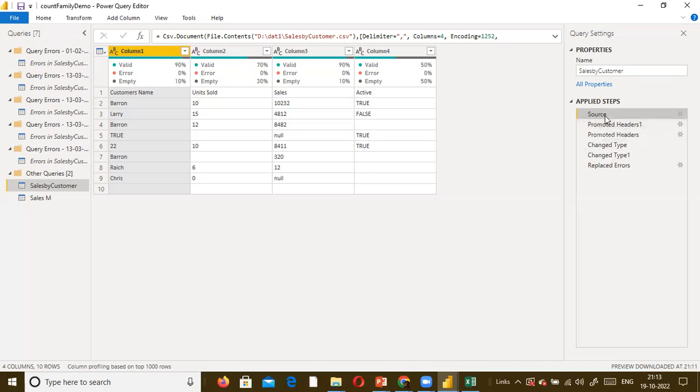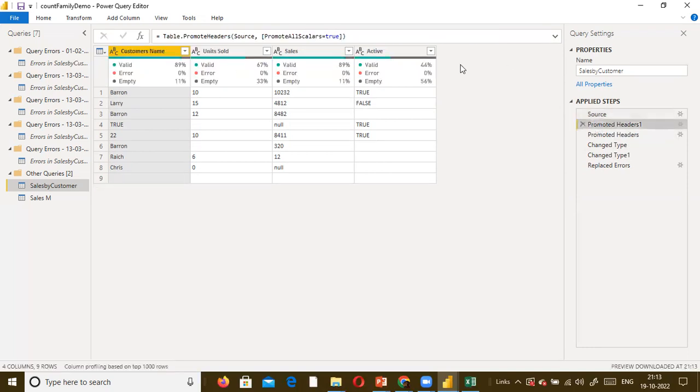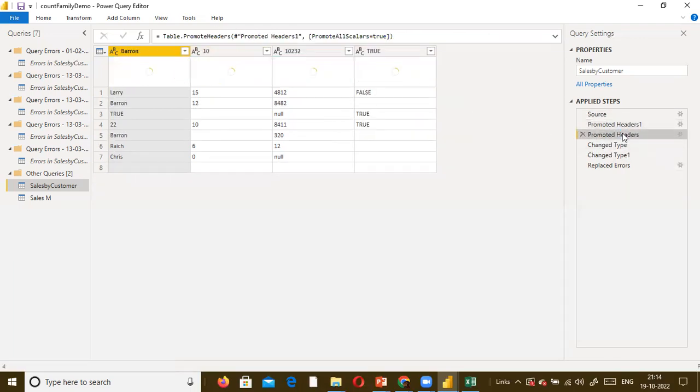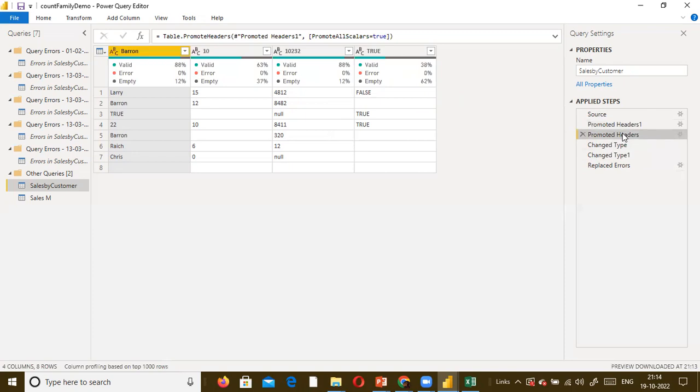In the source, you can see which file I used, what the file name is, and which folder this file is available in. This one was generated automatically by Power Query Editor, and the second one was also generated automatically. In this case, it considered the first line as a blank value, and then it promoted this one, and finally when I clicked on it one more time,